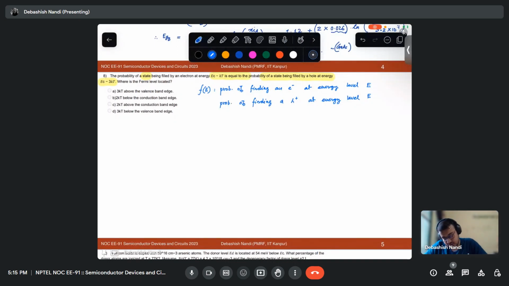1 minus f(E). 1 minus f(E). And why do you say so? Probability of hole plus probability of electron is equal to 1. Yeah, you can say like that. Okay, just let me tell it in a better way. Yeah, you are right actually. So see, you remember your set theory concept. If this is a universal set, and this is some probability of occupancy, then the remaining part is 1 minus that, where 1 is your universal, the total probability. So let me explain it in this way.